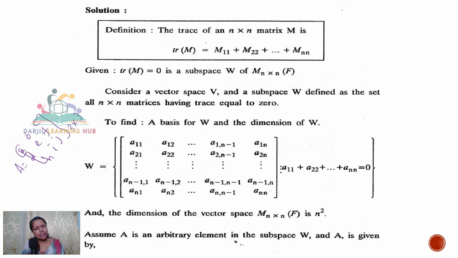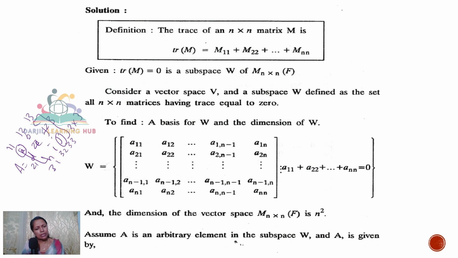This is the element present in the first row, first column; first row, second column; first row, third column; second row, first column; second row, second column; second row, third column; third row, first column; third row, second column;